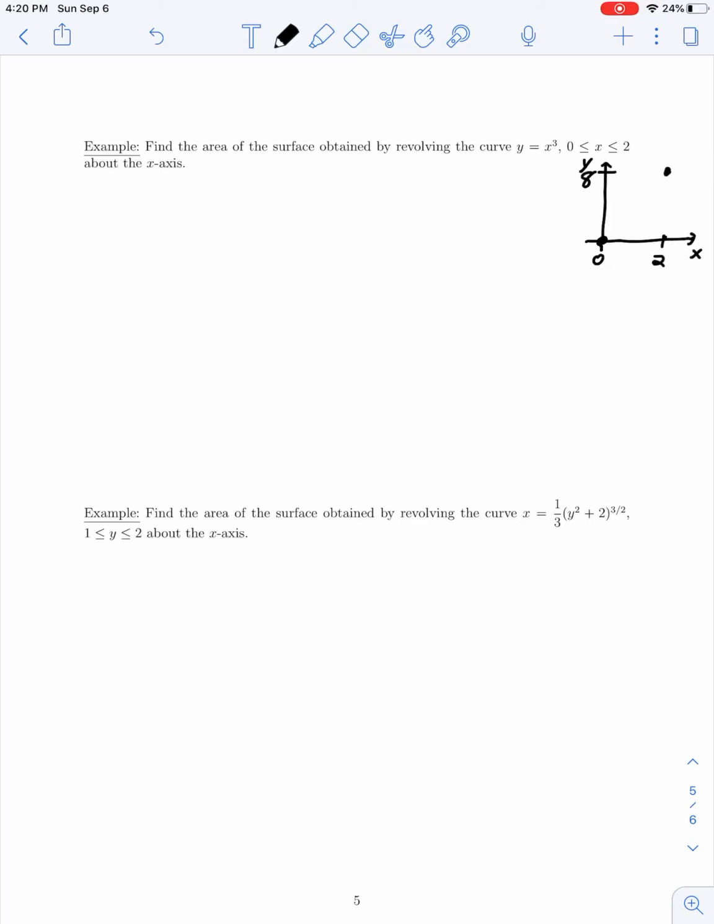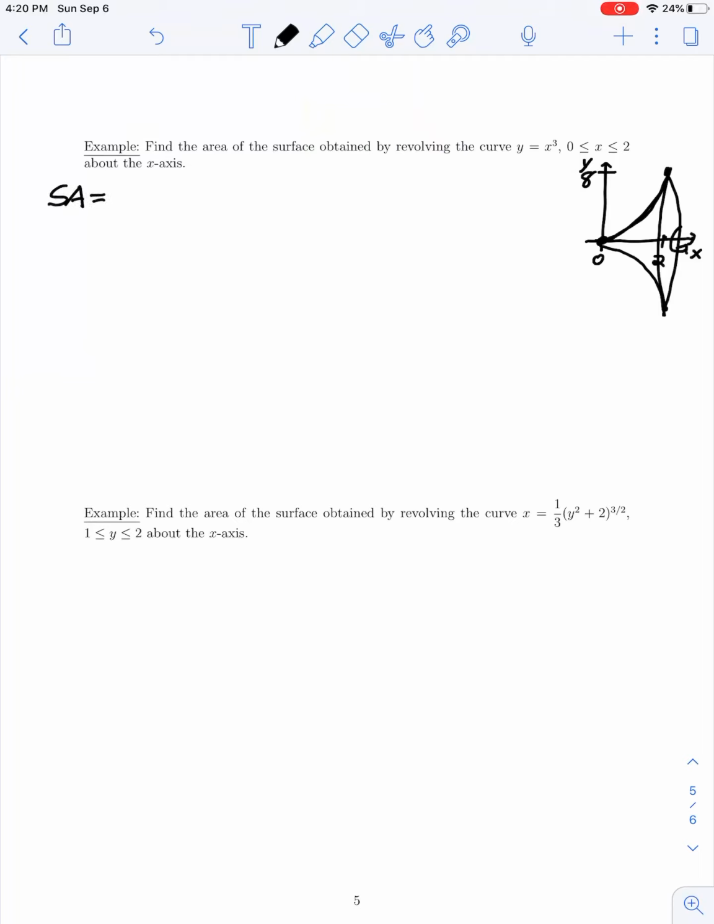And then the cubic function would be increasing a little more rapidly than the parabola x squared on that interval. So we're going to take this section of that graph and revolve about the x-axis. So we get this surface shown here. And the question is, what is the area of this surface? So let's take a look at this. To get the surface area,